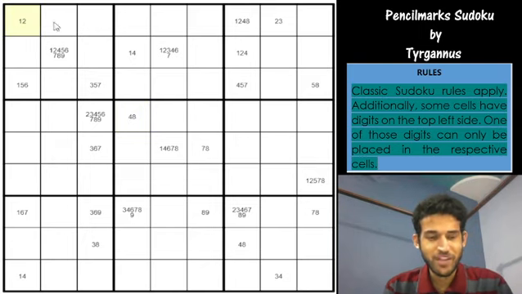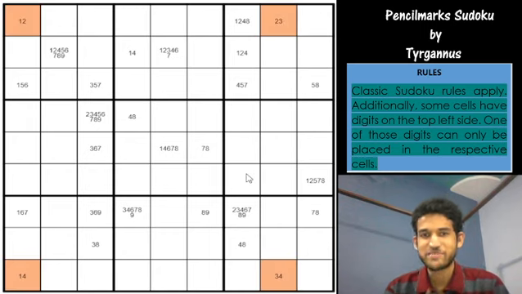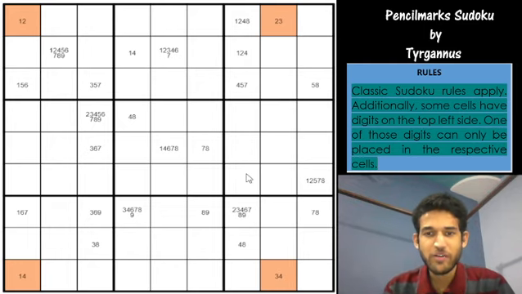Okay. I've got it, guys. I've got it. Look at these 4 cells. They are forming what I would call an XY chain. It's not an XY wing, it's called an XY chain. So how does this XY chain work? So you need to identify